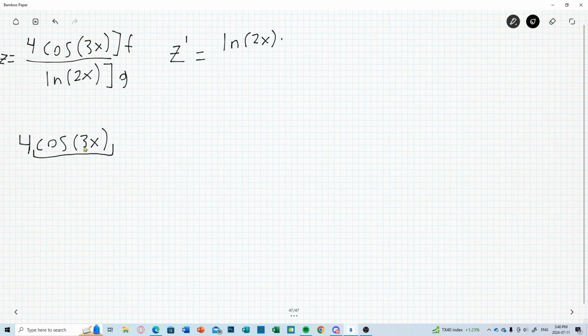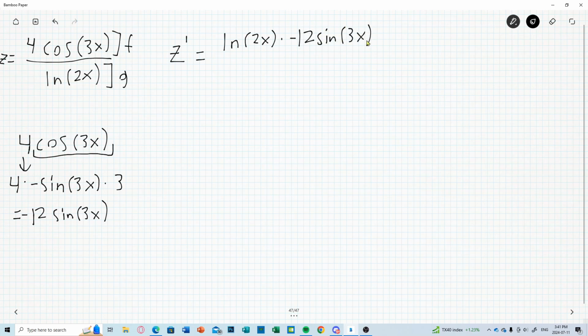Now if you notice, this looks like our chain rule. So this is going to be our minus sine of 3x, and we're going to multiply it by the inside of the brackets, which is going to be 3. And now we can bring down the 4 and multiply it all by 4, giving us negative 12 sine of 3x. So we'll put this into our equation up top,